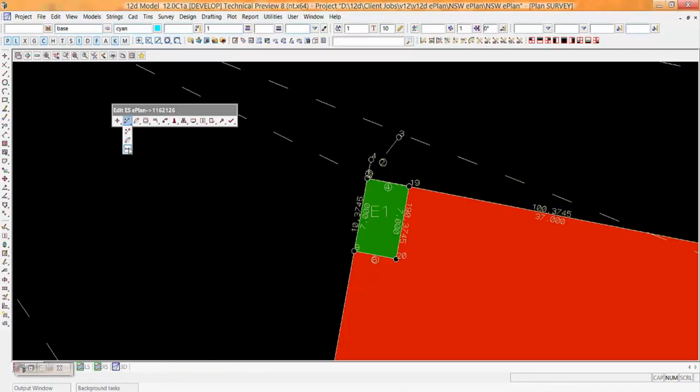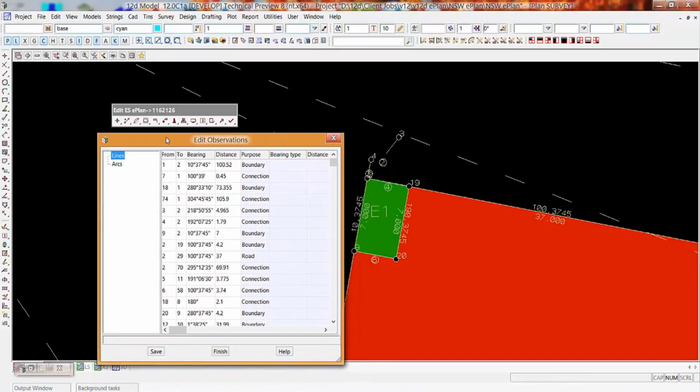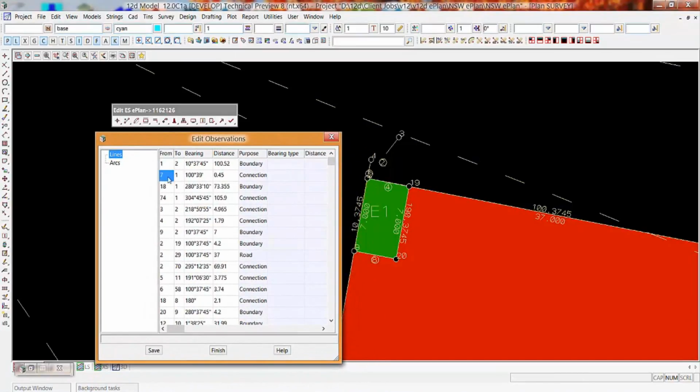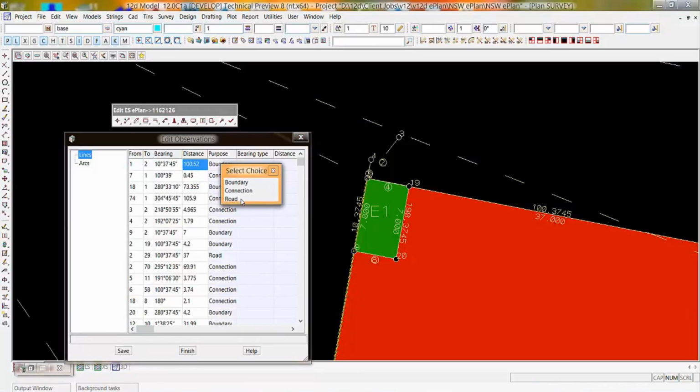Now, if you want to edit existing observations, you click on the Edit Observations, and if I click on Lines, I can actually go through here, and you'll notice when I click on one, it highlights this line here. So whenever you click on, like with the points, if you click on any of these from or to, it will highlight the line. And you can see the observation, it gives you the 2 points between, and it gives you the bearing and distance between those 2 points. And you can actually right click